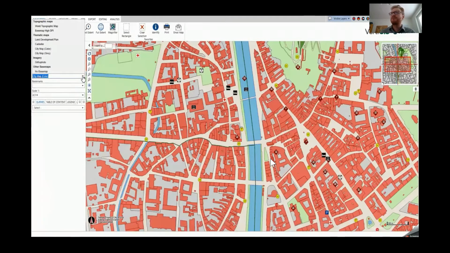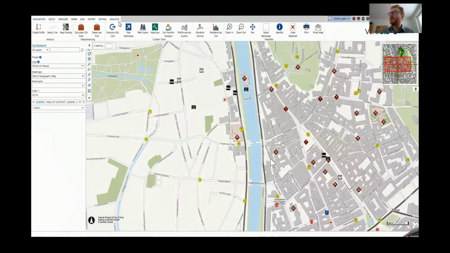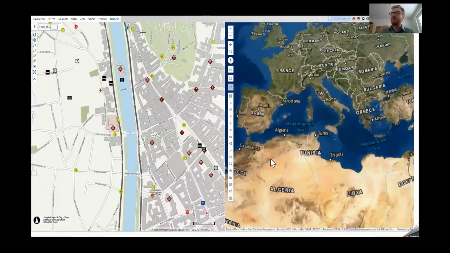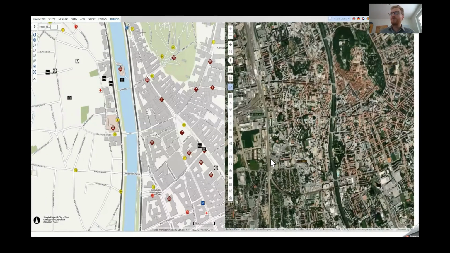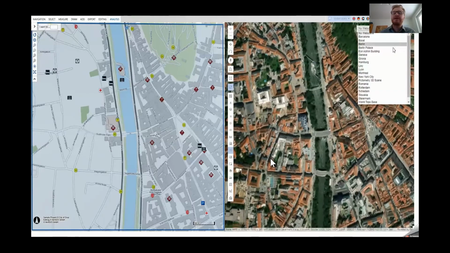It's very easy for an end user to just open a tool from the toolbar and get 2D and 3D information next to each other. Working in the 2D left-hand side and 3D right-hand side, the viewer is synchronizing the other part. So as we are switching the web scene on the right-hand side,